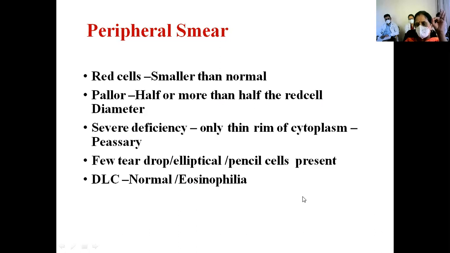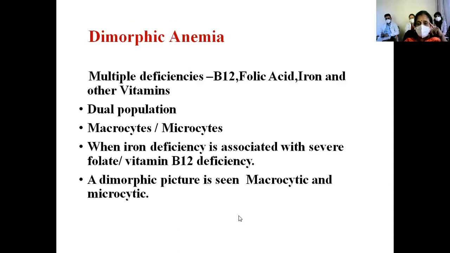When we come to the WBC count here, it could be normal, sometimes slightly increased. But remember, sometimes these patients can have eosinophilia. Okay, more eosinophils. One of the causes for eosinophilia we've taught you is parasitic infestation. So hookworm infestation is one of the etiological factors for iron deficiency. There will be so many hookworms hooking onto the mucosa of the small intestine that they suck the blood. That's why I tell patients don't donate blood to them, donate here in our blood bank. So that could be one of the causes.